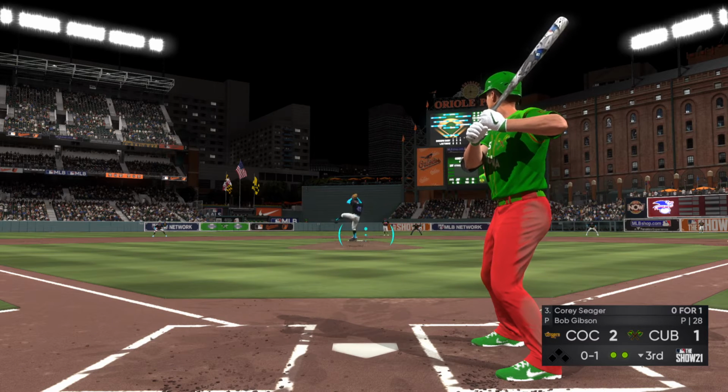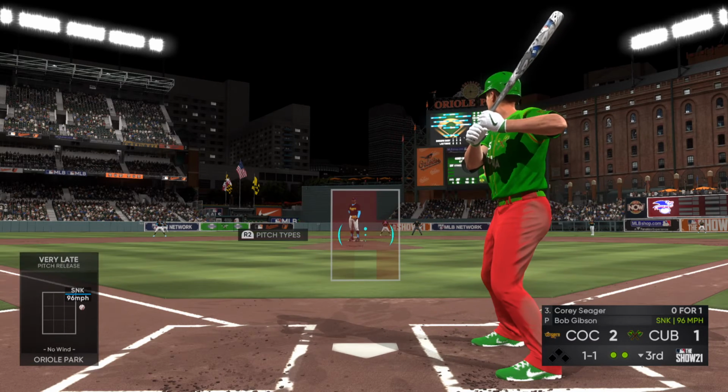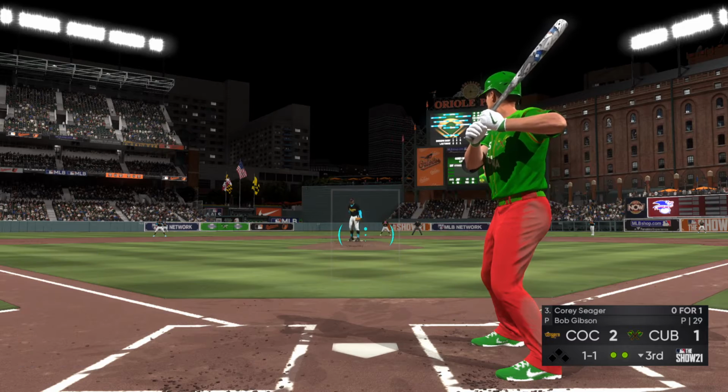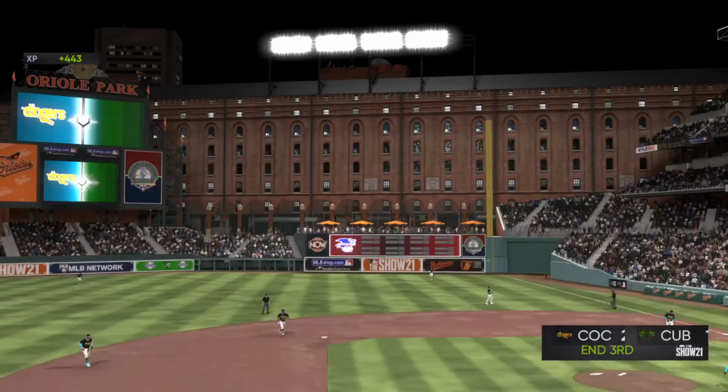Into the windup. Here comes the 0-1. Ball inside. That's not an easy pitch to do anything with, right? 96 miles an hour in on the hands. You almost have to be looking for that pitch. And we'll just leave it there as they make the